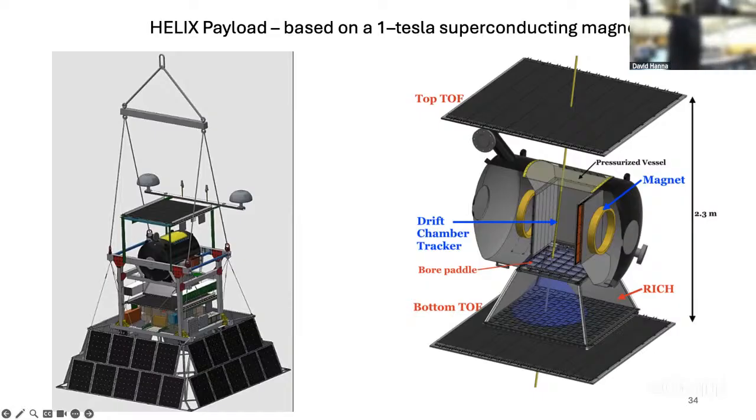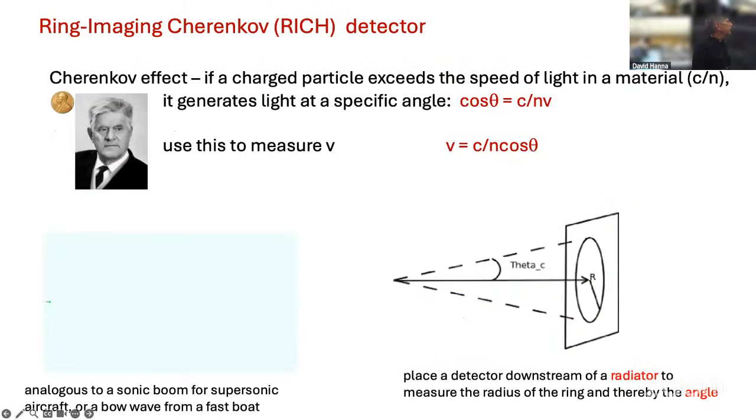And then you've got these two big black things to measure the time of flight. The scintillator produces a pulse here, another pulse here a couple of nanoseconds later, you divide by the distance, and you've got the velocity. And so that's the HELIX experiment in a nutshell. There's the time of flight; I'm going to skip over that. The thing that I've been involved in most intimately with this experiment